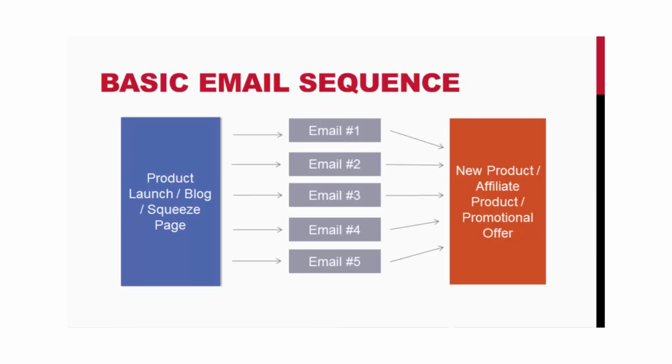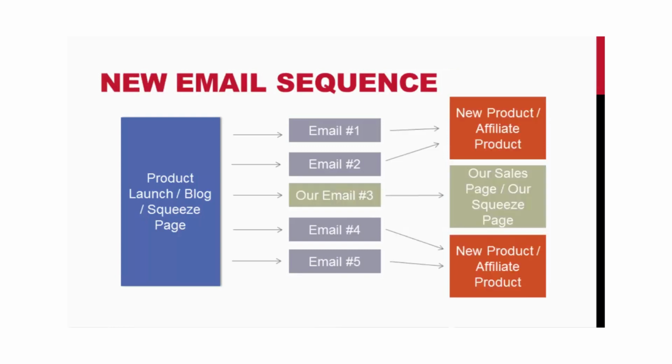So basically, we're going to be using email, obviously, and we're going to be taking advantage of other people's email lists. Now, here's the basic sequence for someone's list. They have a product or a blog or whatever it is, and they're building their email list, right? When someone joins their email list, those people start getting an email sequence. They might receive an email once a day, once every other day, once a week, whatever it is that they're opting into. And then those emails all promote something. They're sending the traffic to a squeeze page, or a sales page, or their blog post, or whatever it is. That's the basic idea behind email sequences.